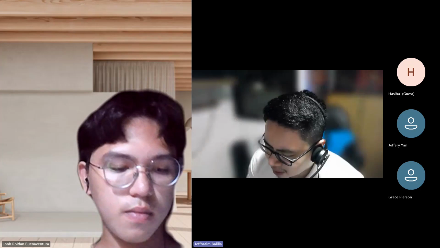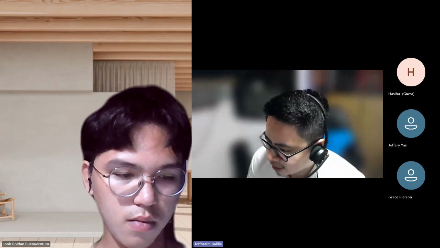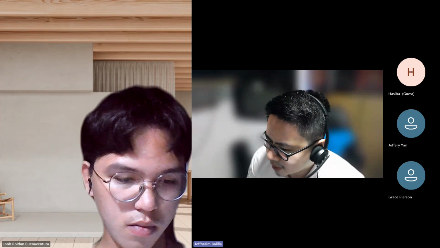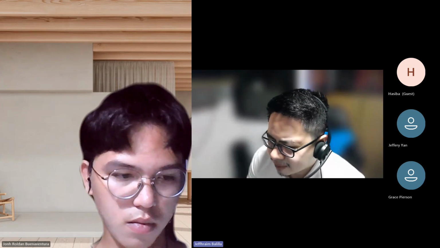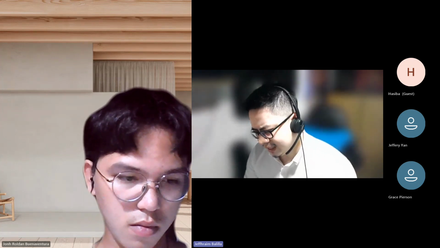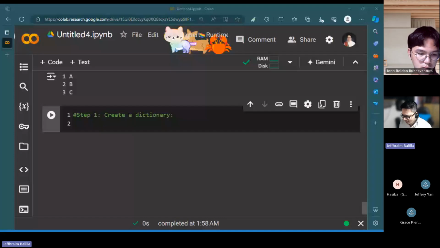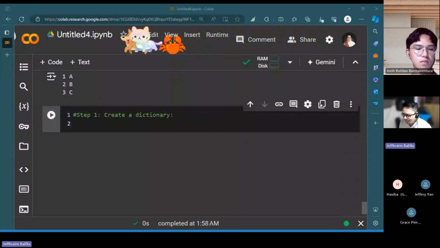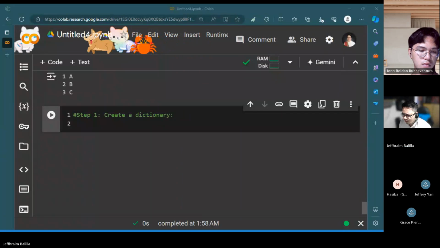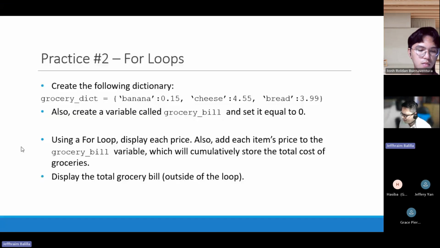Let's go over it together, step by step. This is one thing that I learned: when you have this kind of problem, what you have to do first is to decompose it. So decompose it in steps.